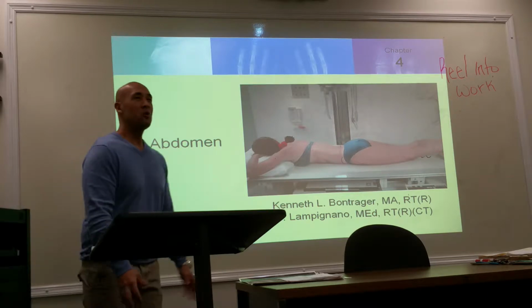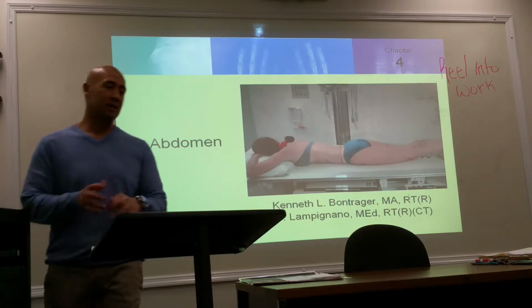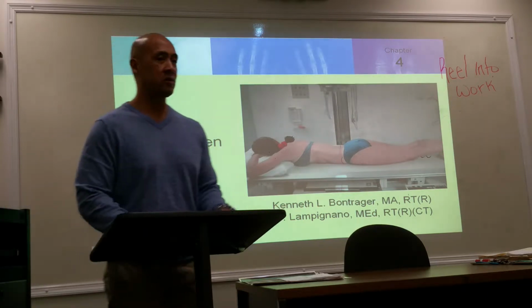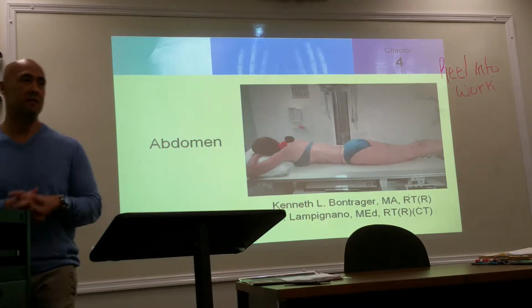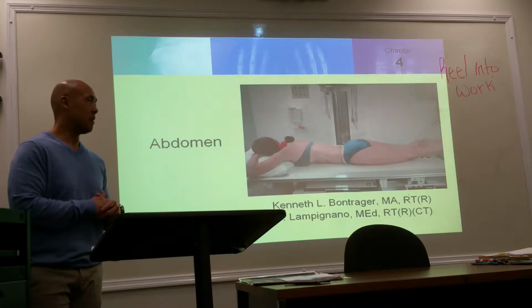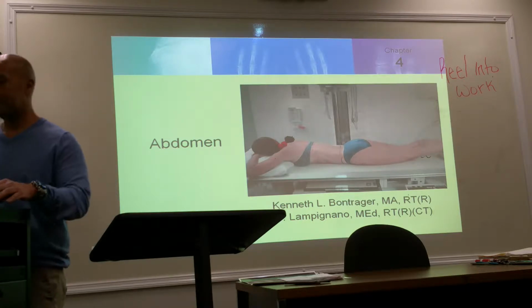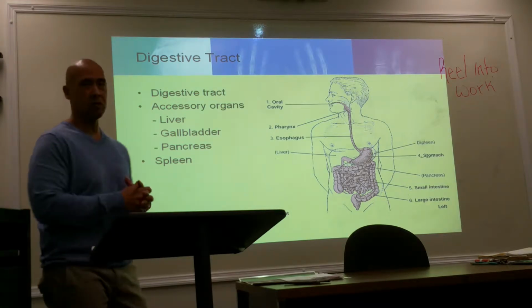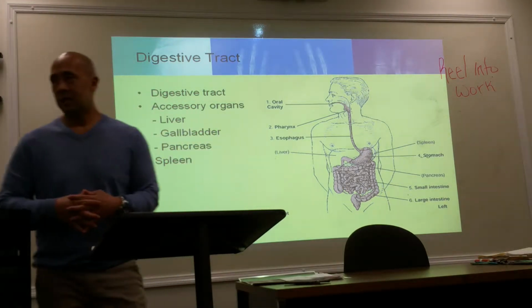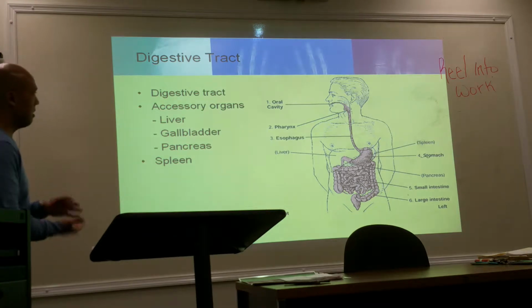All right. So abdomen. Abdomen is again one of those body parts or areas that you're going to run into most often. So, chest X-ray and abdomen are the most common types of radiographs. Before we begin, just a general coverage on the anatomy. So the abdomen that we're talking about here,